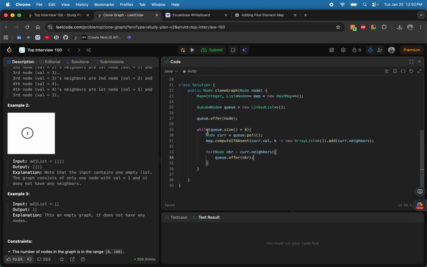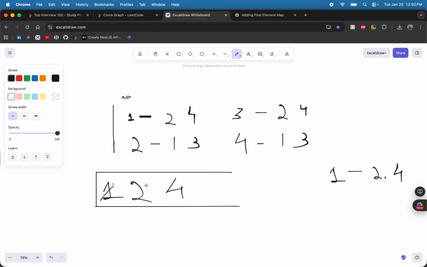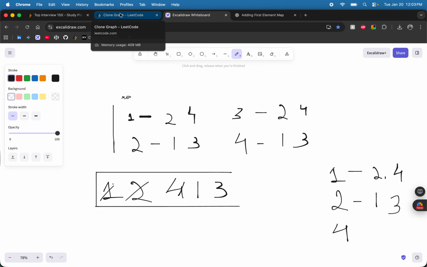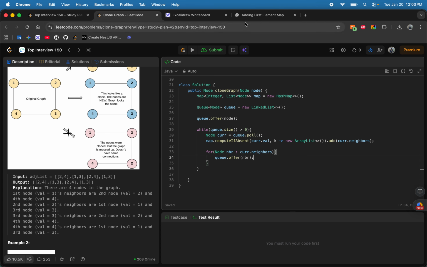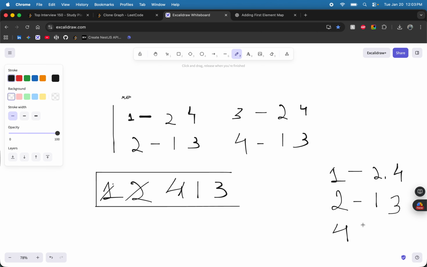Alright, now in the next step we remove 2, add 2, and we add 1 and 3 to the map. Okay, we remove 4, we add 4, and we again, alright, 2 and 3 and 1 and 3. Just a minute, something is wrong. 2 is 1 and 3, 4 is 1 and 3, 2 is 1 and 3. Okay, cool. 4, we added 1 and 3,